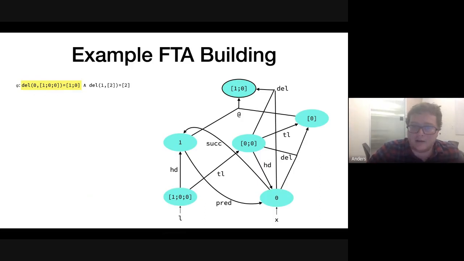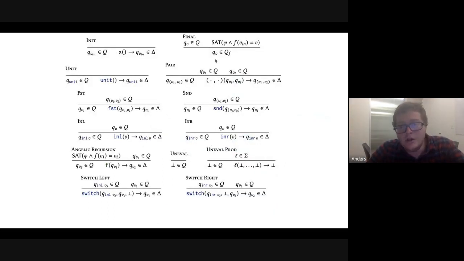God, that's a lot. Okay, so let me just go through quick. I want to summarize. Essentially, you can do this for all the atoms, and then you can do some work to combine the things, and I'll go into that later, that combines this FTA with this FTA such that it merges the accepting programs. So here are our methods of building up the programs. We're building up what is in the queue, what is in the transitions, and what is in the final states. I guess there's not too much to go into in here.